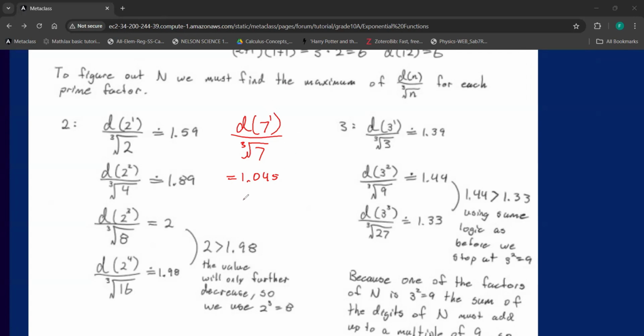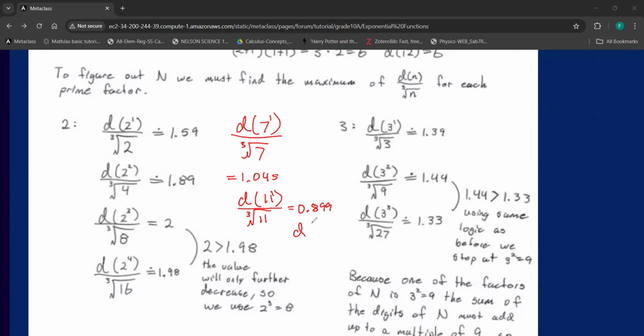So this is fine. But then once we go to d of 11, d of 11 to the power of 1 divided by the cube root of 11, that is 2 divided by the cube root of 11, which is 0.899. And as you can see, this is less than 1. That means that there is no prime factorization of 11. And the reason why is because